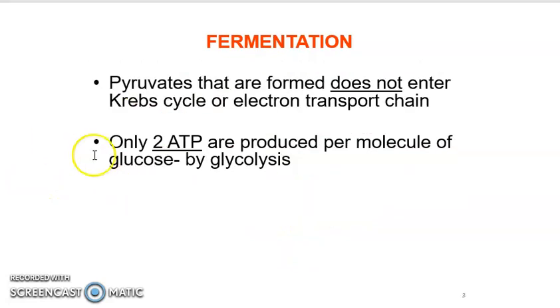Okay, so now we look at this one. The pyruvate that is formed does not enter the Krebs cycle or electron transport chain. So macam yang saya dah katakan tadi, bila dah berlaku glycolysis by which glucose is split into two molecules of pyruvate, in the absence of oxygen, what happened to pyruvate? Pyruvate does not enter the Krebs cycle. So means that dia tak akan teruskan dengan aerobic respiration or electron transport chain. So what happened to the pyruvate? It will undergo the process of fermentation. So that's why from fermentation, it only produces 2 ATP. So mana datangnya 2 ATP ni adalah daripada proses glycolysis.